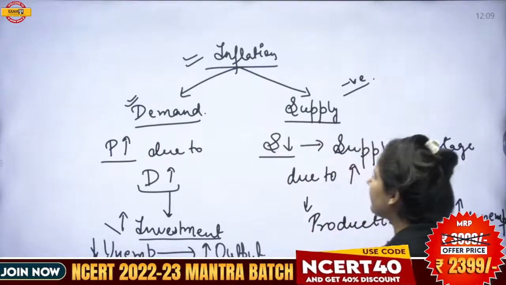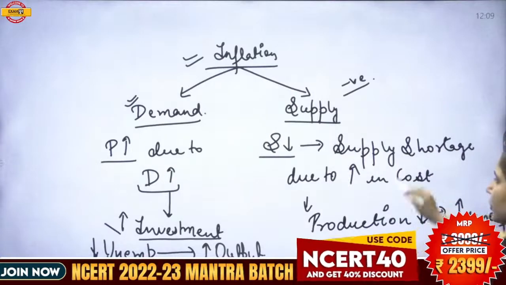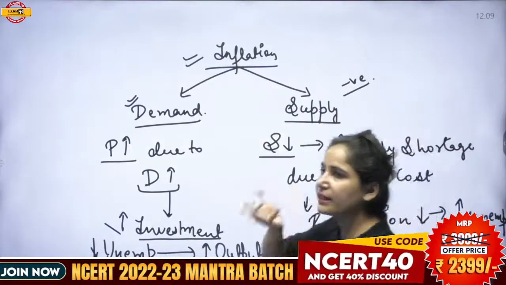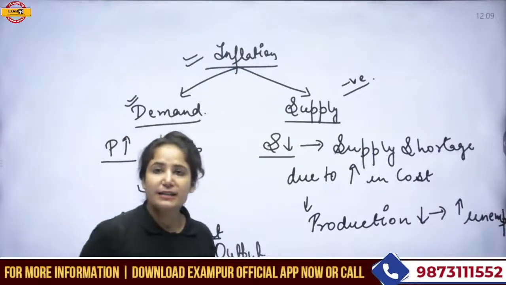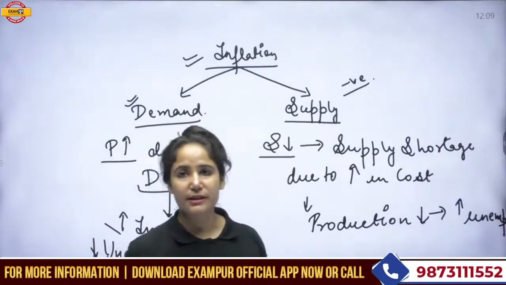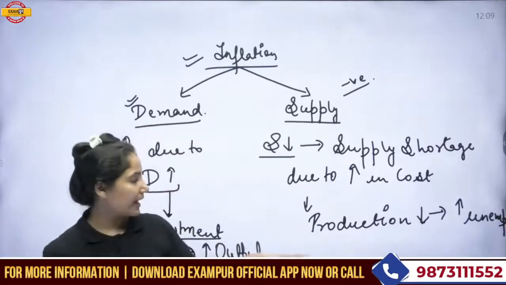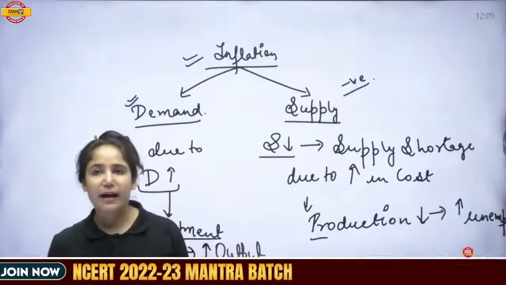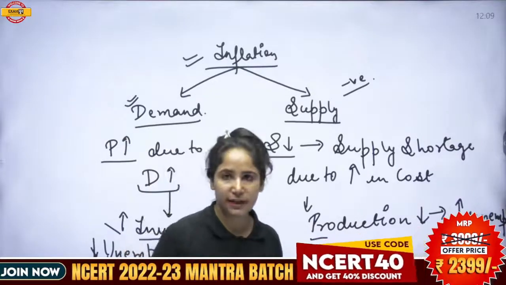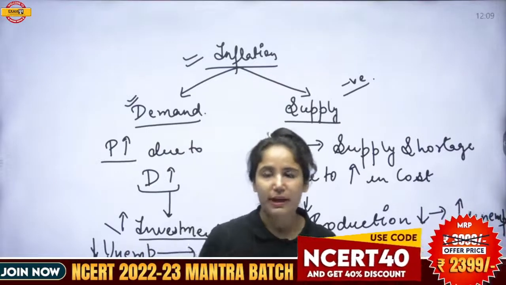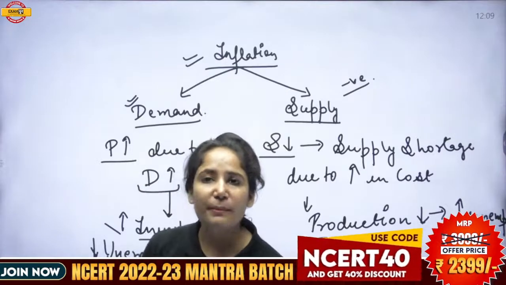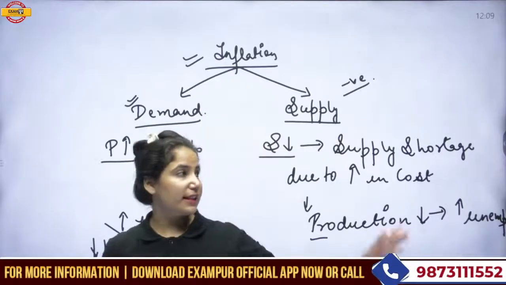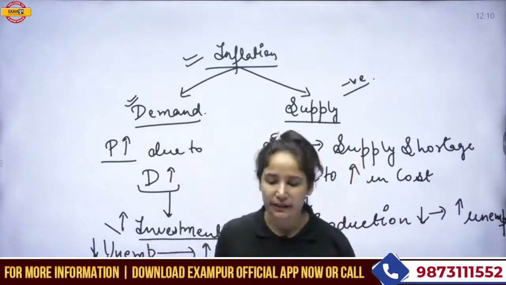Supply side, what do you mean by supply side? You get to see a supply shortage, due to which the cost is increasing. If you are increasing the cost, it is discouraging producers from making expansion, which is declining the production level, and unemployment is rising. If you are not employing your resources, if you are not expanding the base for your production, it means unemployment is taking place. So this scenario is already running in the economy.